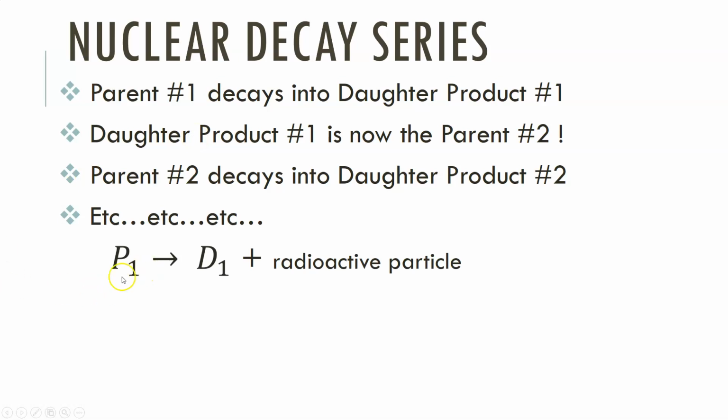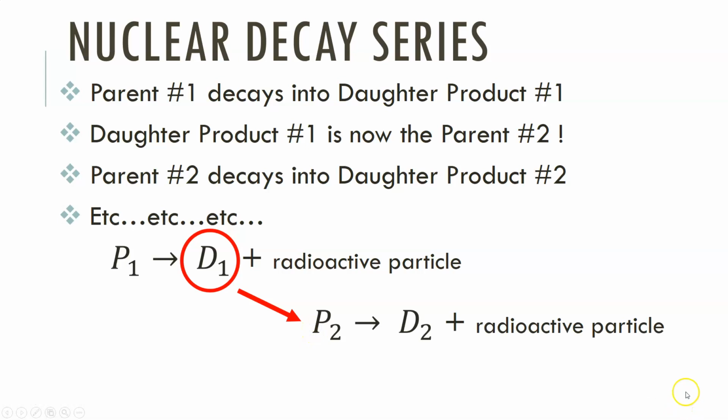So for example, here we have parent item number 1 decaying into daughter product number 1 and some radioactive particle. Now this daughter product is what we're going to start our next equation with. We call it a series because the product of one becomes the starting material for the next one, and it just keeps going and going and going. So we have a practice problem